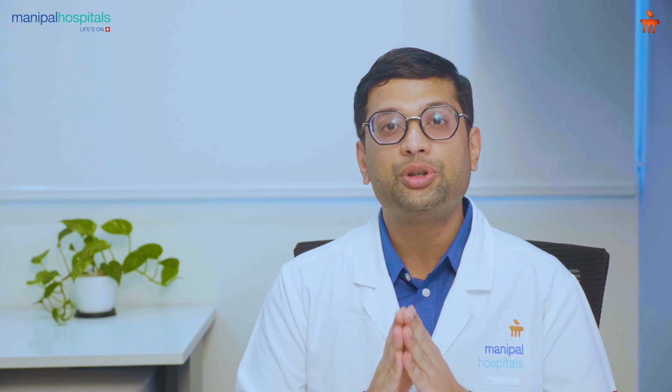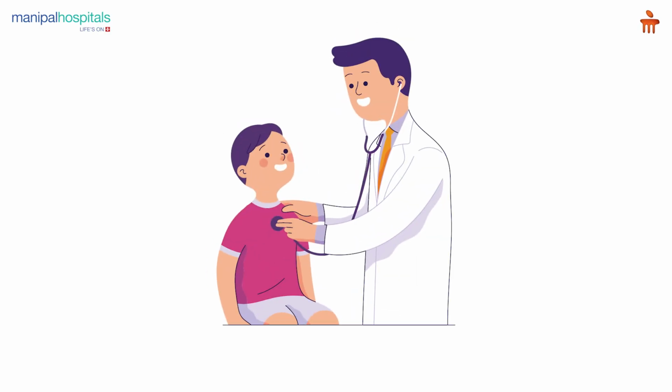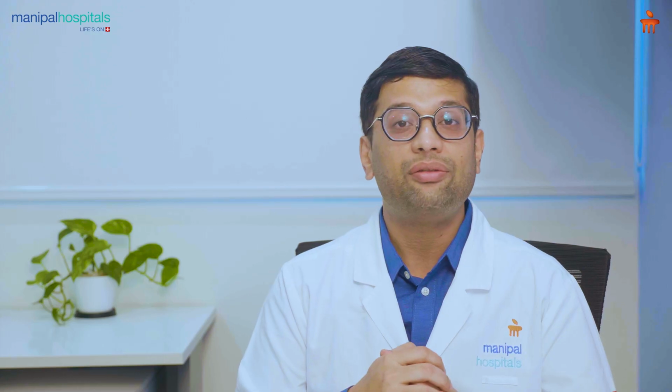So during this period, what we do is observe the child. We start the child on something called uroprophylaxis, which is a low dose antibiotic, which doesn't have side effects, and it is given only at night. This helps to prevent many urinary tract infections in future. Once the child is being followed up for a year or so and we see that there are no urinary infections at all, then the child can be safely followed up in future too, till he or she attains 5